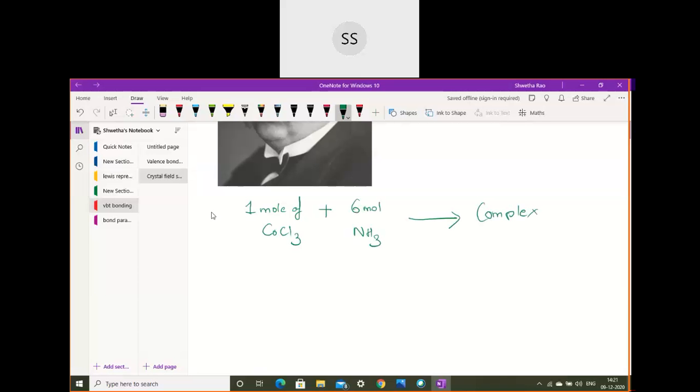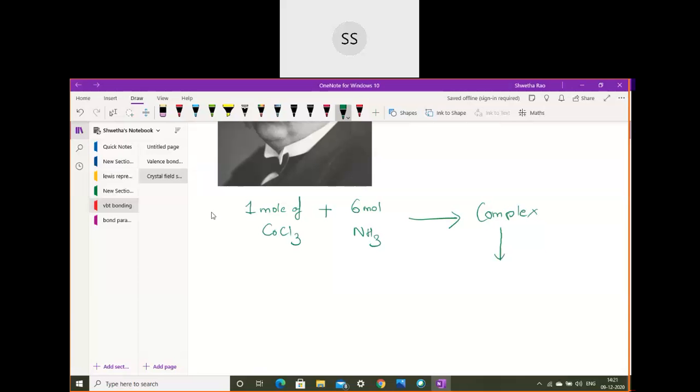he got a complex. He wanted to check how exactly that complex is arranged, whether all of the ions or molecules which are linked to the cobalt will get ionized or not, how many of them will get ionized, how many of them will remain with the metal, all that he wanted to check. He knew that the complex will be formed when these two compounds are mixed together. Further he wanted to check whether the complex will answer certain tests. When he checked for ammonia it was not giving any answer, and for the cobalt also it didn't give any answer.